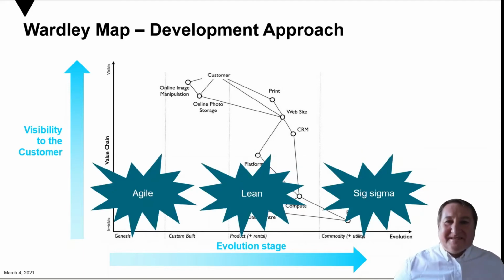You can also see that agile methods that are embracing change fit best to the components in the genesis phase. Lean, which focuses on improving value and reducing waste, fits best to the custom build and product phases, while Six Sigma, which is data-driven and reduces deviations, is best applicable to the commodities where stability, efficiency, and price are most important. So in business strategy based on Wardley map, it would be a mistake to form a team that is responsible for the components in the different stages of evolution, as they require different approaches and people with very different